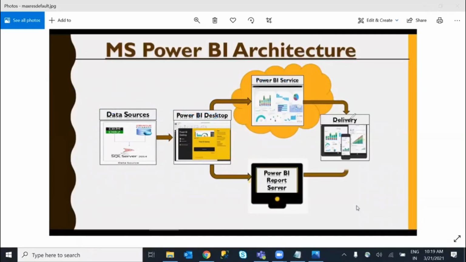We have Power BI mobile as well. So this is a high level of the architecture. Take the data into the Power BI desktop, create a Power BI report, and either way, you can share the report to the Power BI service or a Power BI report server. Tableau also has the same thing: Tableau server and Tableau desktop. Here also we have Power BI service, a cloud-based service, and also Power BI report